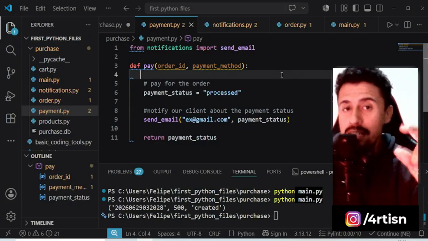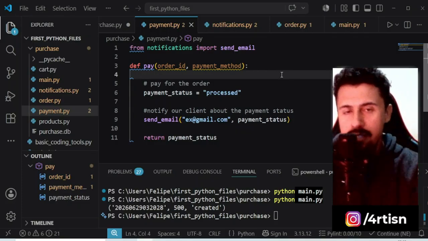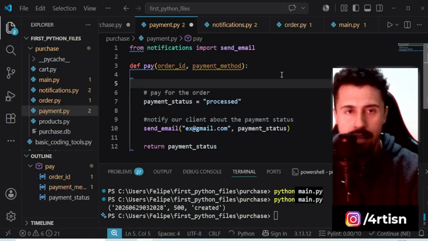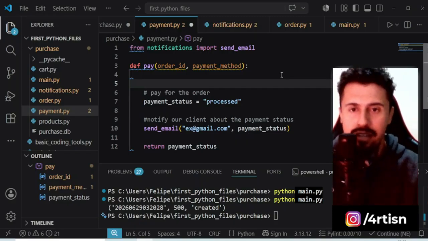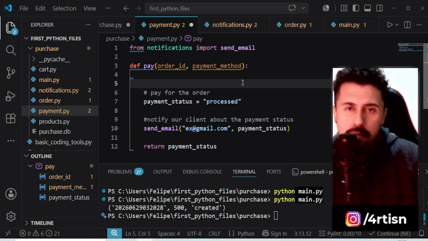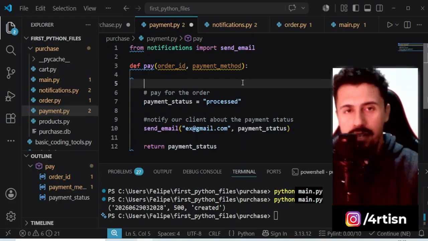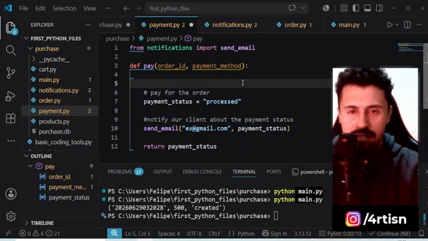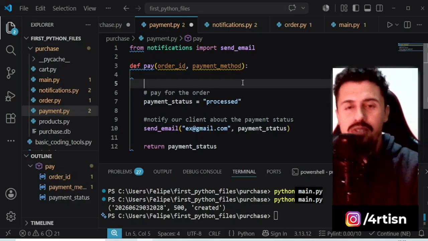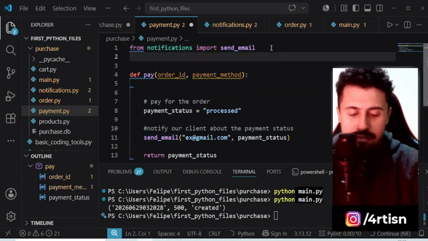But now we can simulate an HTTP request using a test API, because the HTTP request protocol is pretty much the same for any API that you're going to request through the internet. And the most important thing is you knowing that Python has a built-in module that allows you to make these HTTP requests. And this module is